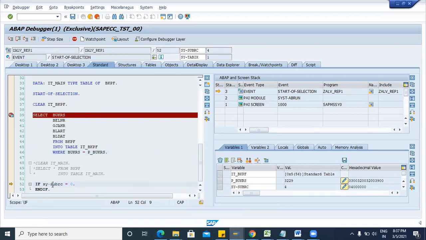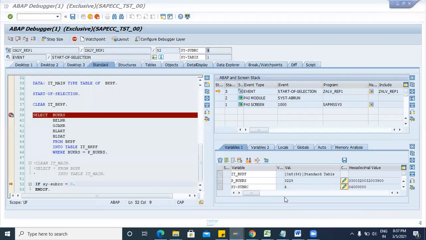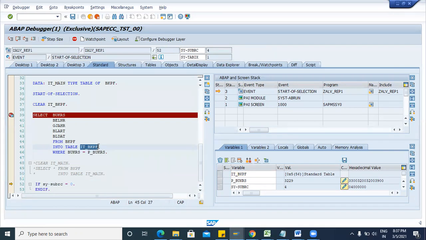Just double click on this variable and you can also see it is 4. I have explained that if it is 4, then there is no data, so your internal table is blank. This is the system variable that will show you whether the operation is working or not. Your last action did not find any data, so this internal table is blank.